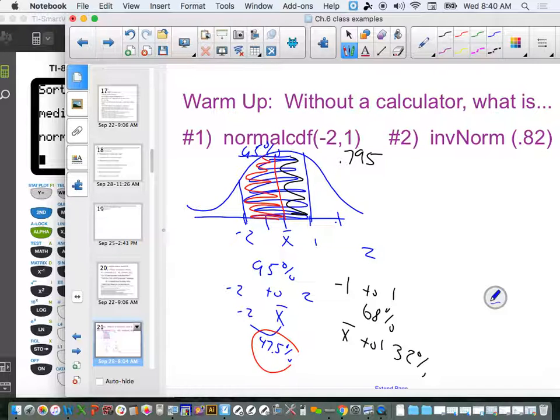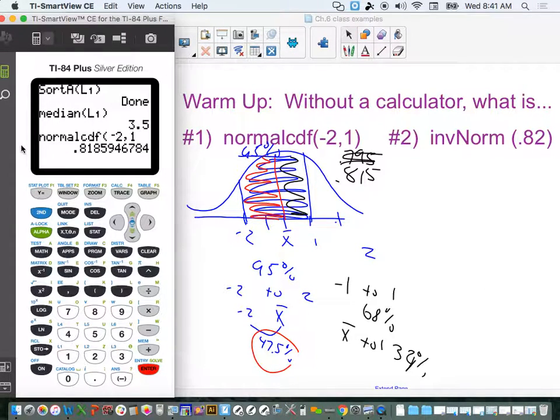Okay. Well, anyway, you get the idea with this. 68 divided by 2 is 34. Oh, that's where I made a mistake. Thank you. So this is 34%. So then if I add those, I get 81.5%, right? Yes. Okay? So normal CDF, what that does is it goes from z-scores, so a range of z-scores,